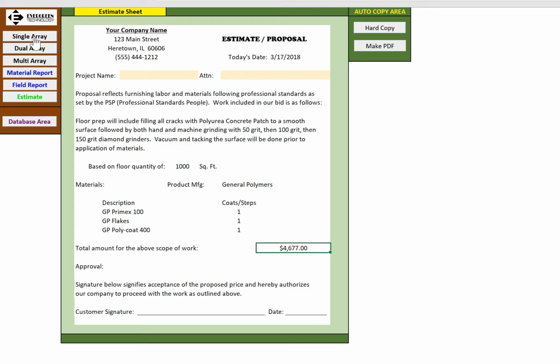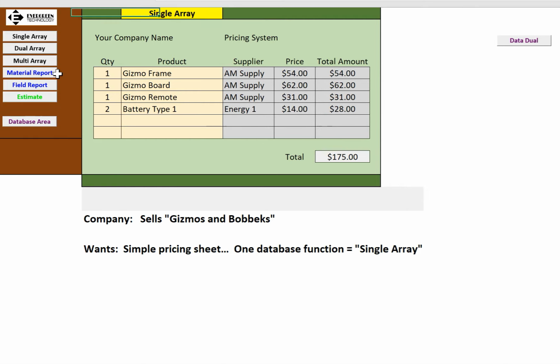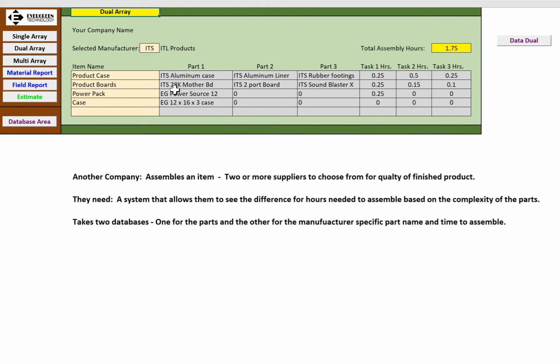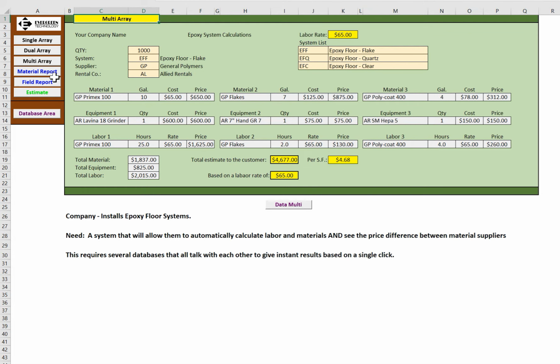demonstration of custom software, quick review, single array, very affordable, very inexpensive, takes very little time. Dual array, a little bit more complex with a couple of functionalities, or multiple array, you can see has all the powers of a lot of different features, all with only 4 user inputs to let you know how powerful software can be for you, and how it can save you a lot of time, because we all know time